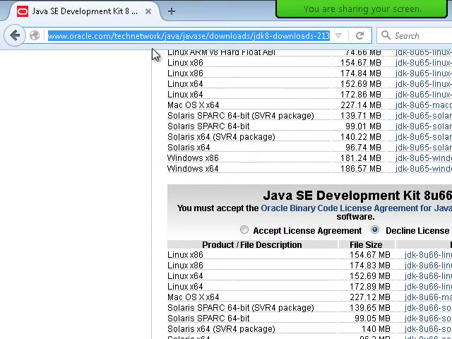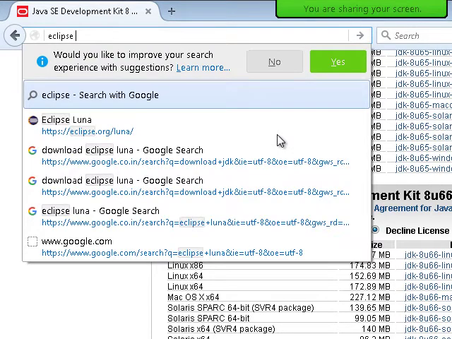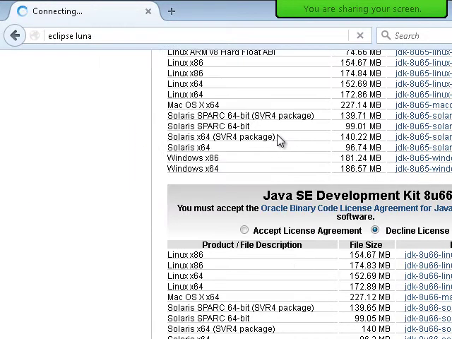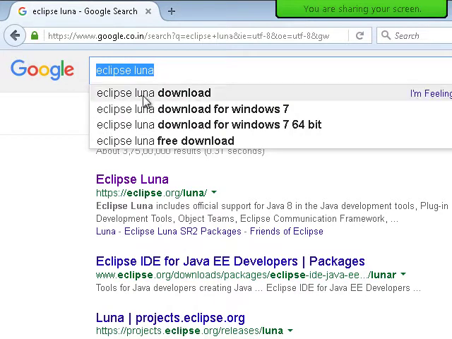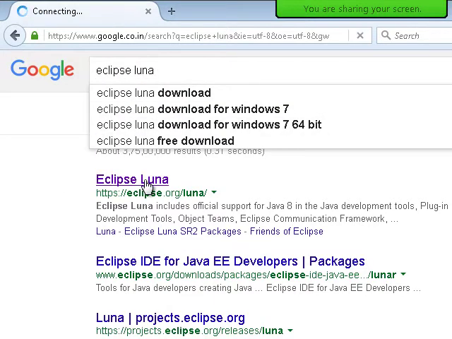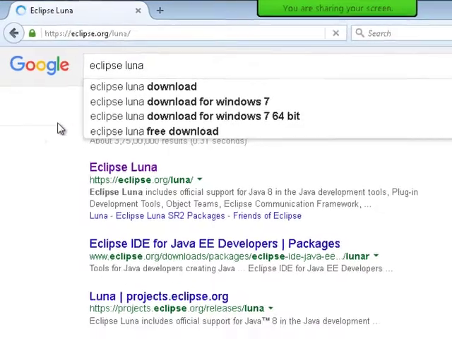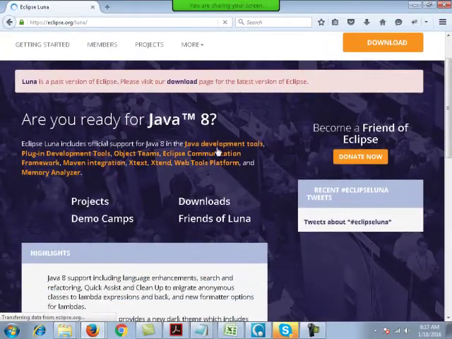Second, you need Eclipse. Eclipse is the editor for the Java language, and please use Eclipse Luna. Go to Google and search for Eclipse Luna, and download it from here. This is the download link.